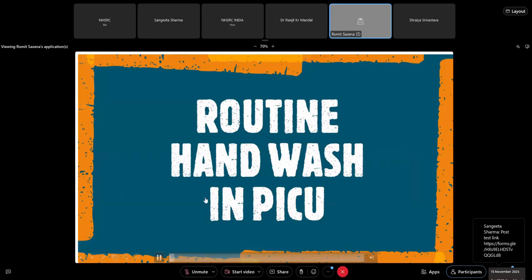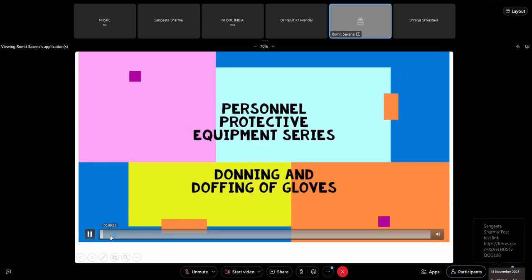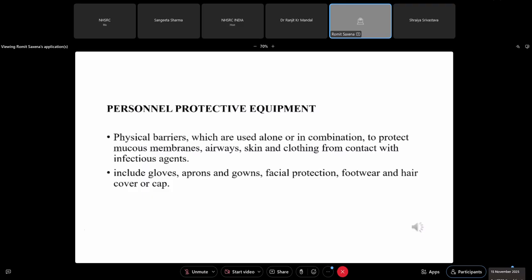Another important thing which you have to understand is wearing gloves. I have seen so many medical officers wear the same glove for examining all the patients. So you are protecting yourself? No. You are actually spreading the infections. You are having a false sense of security that these gloves are now your lifesaver.